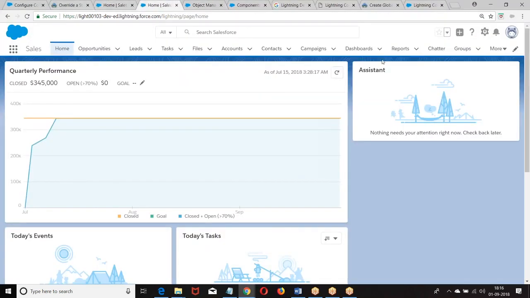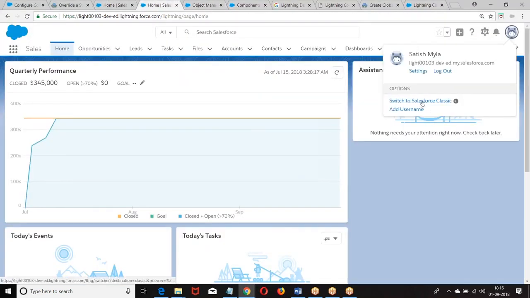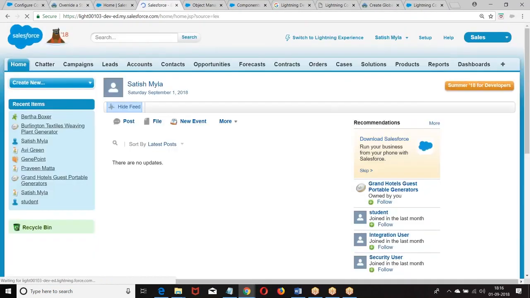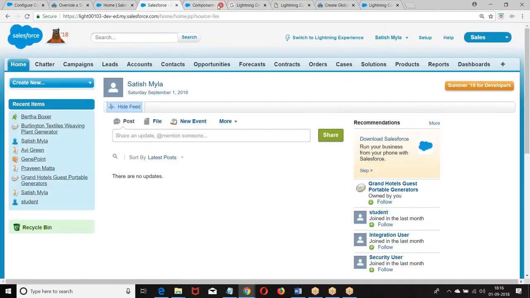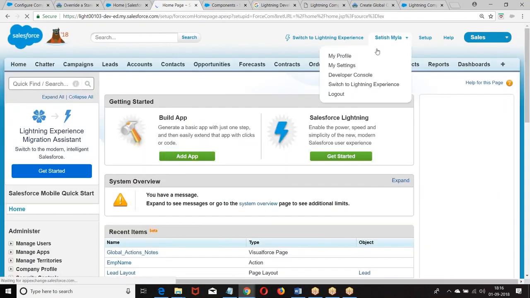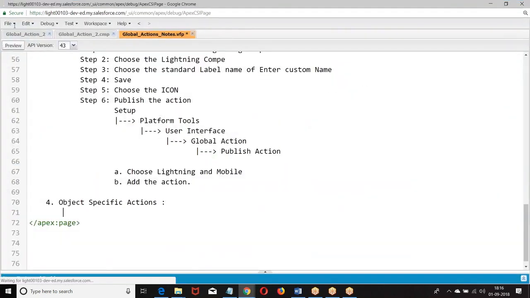Now, how are we going to implement this in Classic? I used to go to Setup first. Let us see this. Developer console.